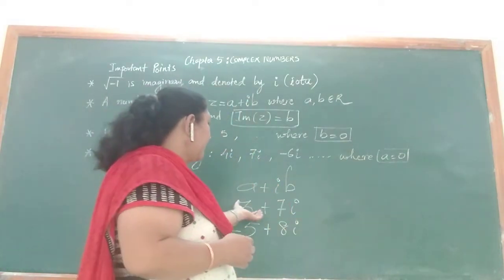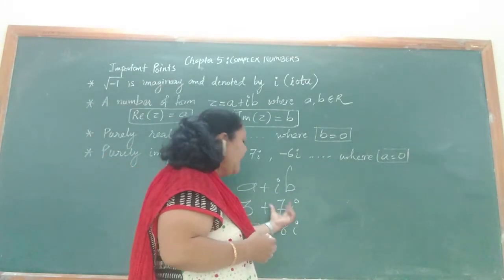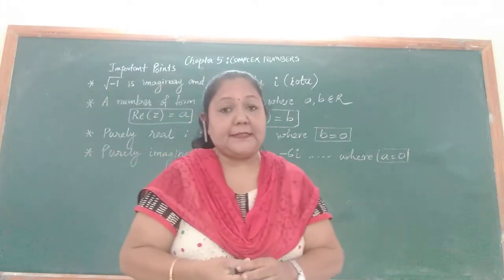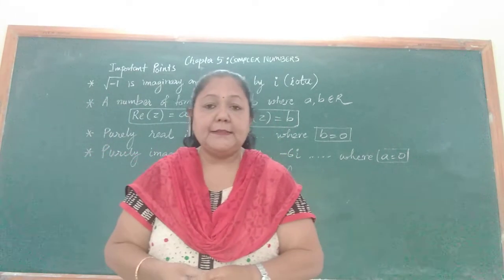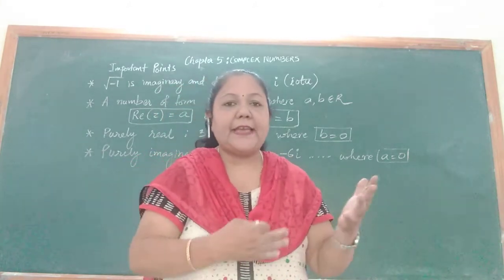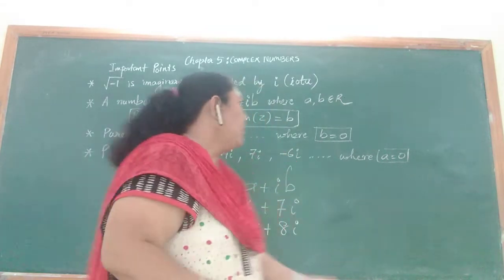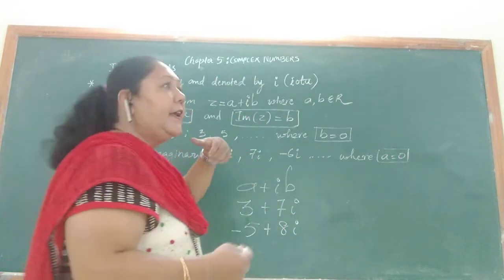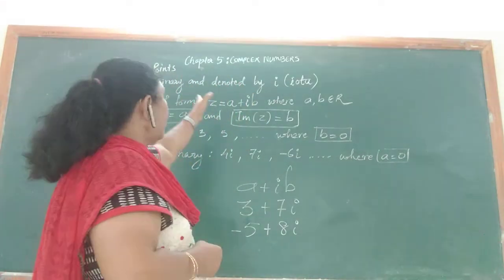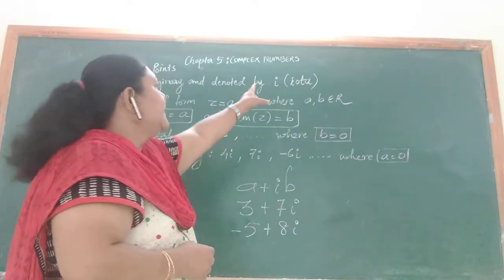Now, in the complex number 3 plus 7i, that is the real part and your imaginary part. Suppose I write it as 3, 7 and I try to plot these numbers on the coordinate axis, it is the same as plotting your x and y axis, and the study became simple. So basically what did I do? I said under root of minus 1 is an imaginary number and I denote it by i, that is iota.